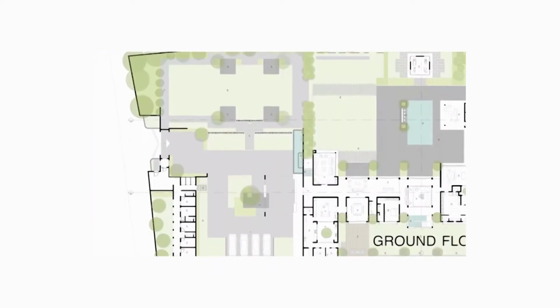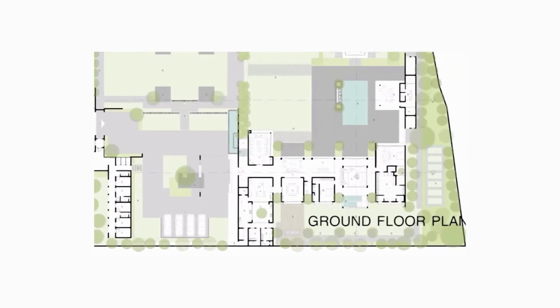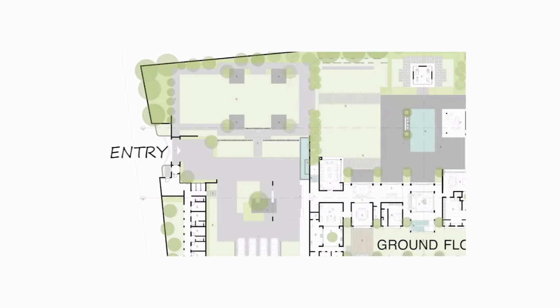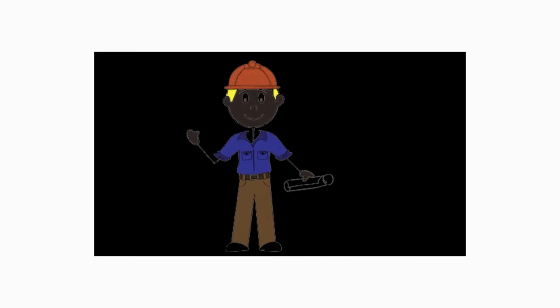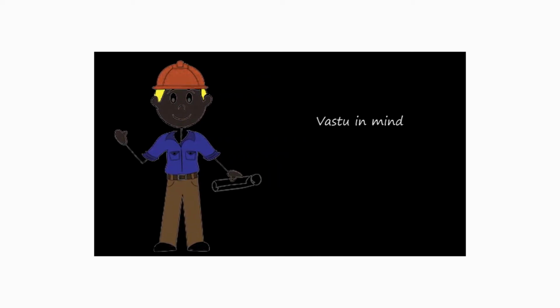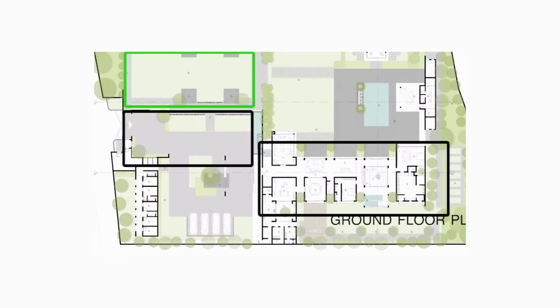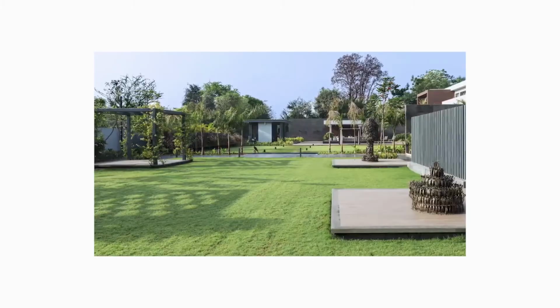The site is dominantly a rectilinear site, a very large plot of land, around 1.4 acres. The accessibility of the site is from a very narrow, village-like lane. While developing the site, they also kept Vastu in mind, so keeping that logic they located the house toward the southwest corner as essentially a linear block. This also helps in perspective, that when they look at the broad segregation of the site, they are able to create different zones. By doing so, they also wanted the house to be mostly open in the east and receive most of the morning